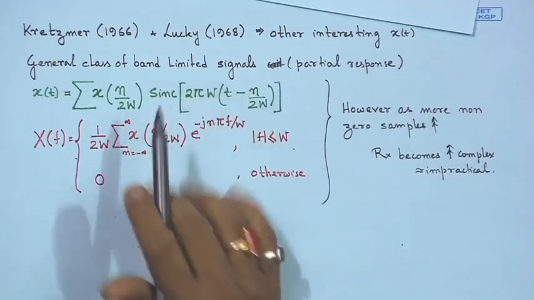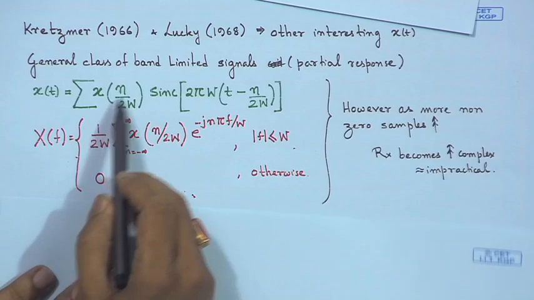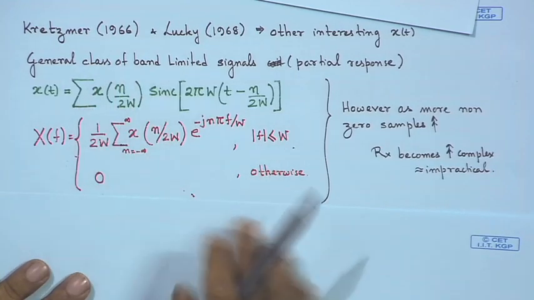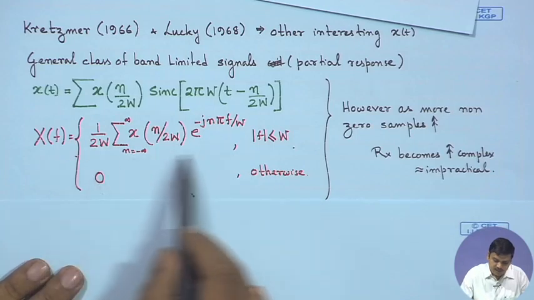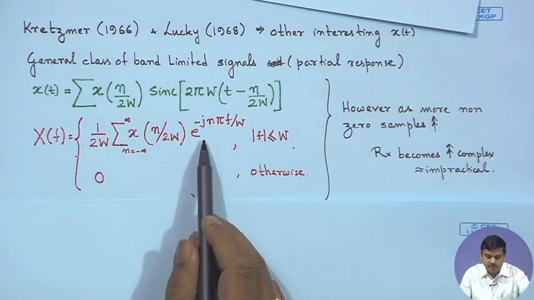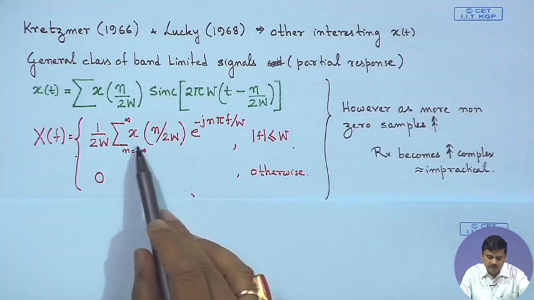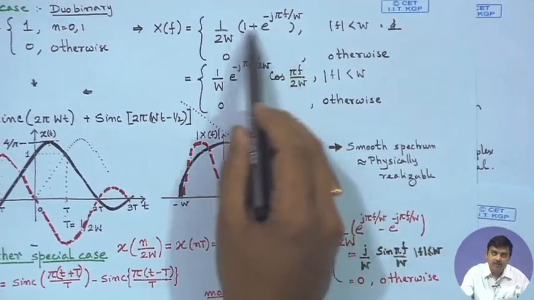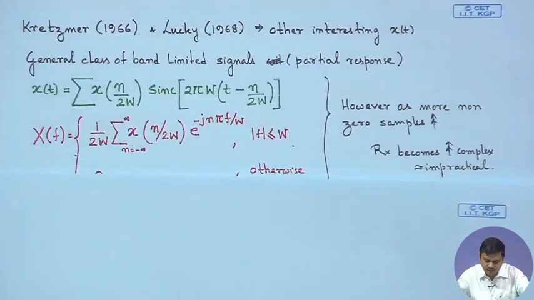So, you have a summation of sincs and you have values of x n upon 2 W, which can be plus or minus, and in the frequency domain you have again a form e to the power of j pi f, and x can take different values, according to which you are going to get spectrums which look like this. So, this is a general form, and